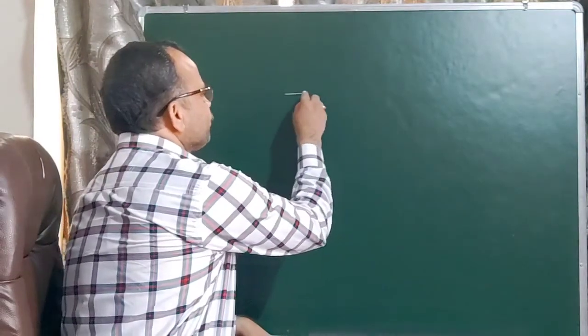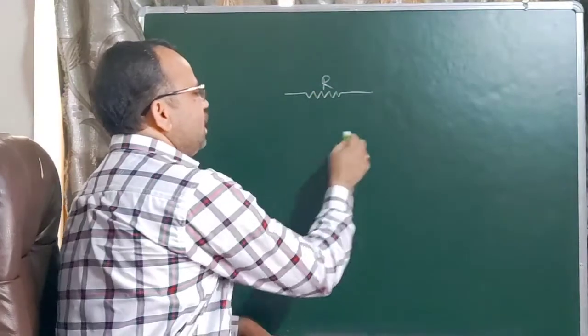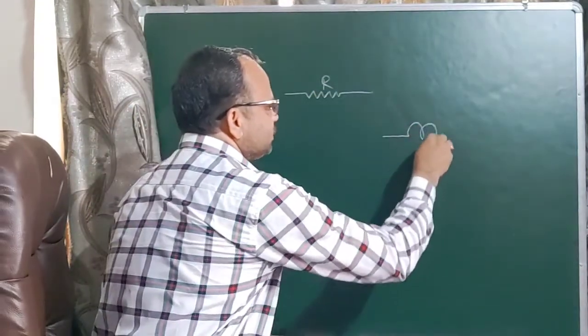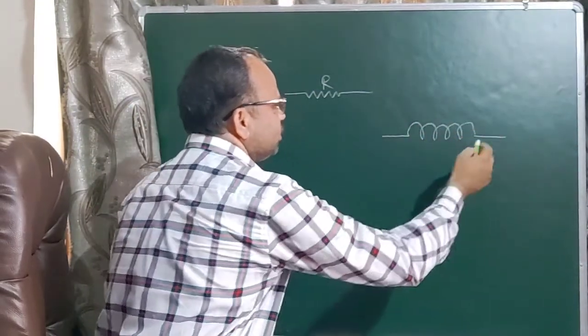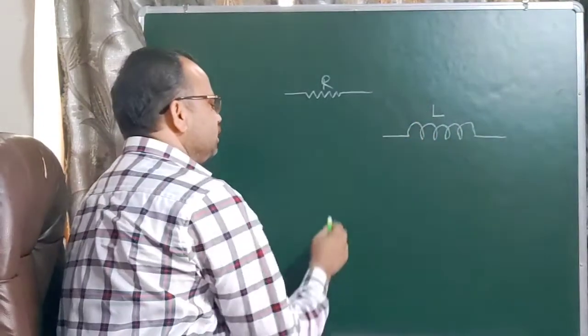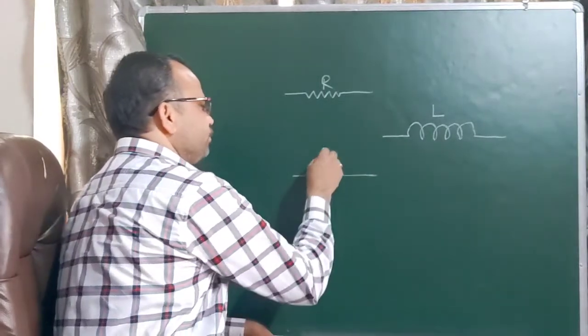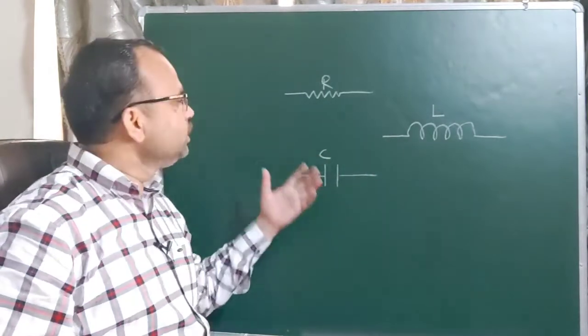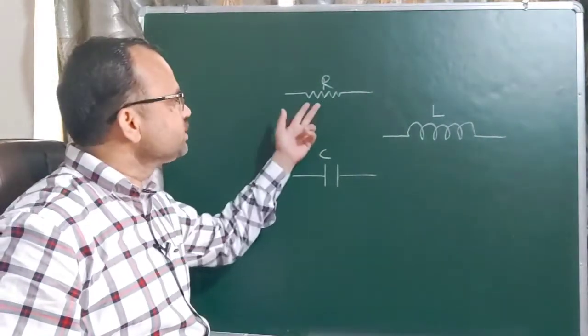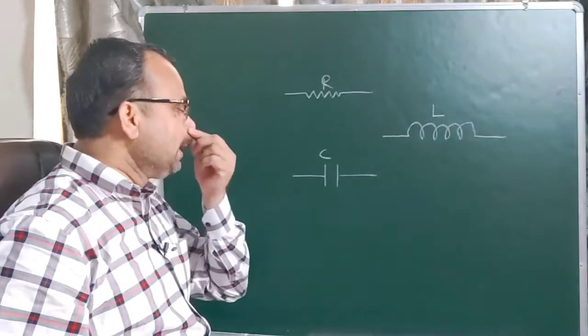So first we know this is the symbol of resistance, and this is the inductor whose inductance is represented by L, meaning inductor is L, and another component of AC is capacitor. So first we know these are the symbols: resistance R, inductor L and capacitor C. After that,